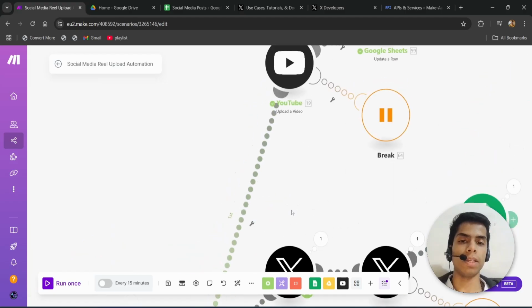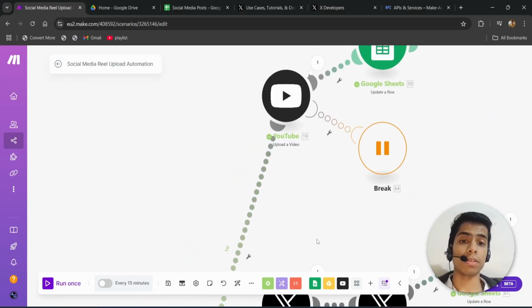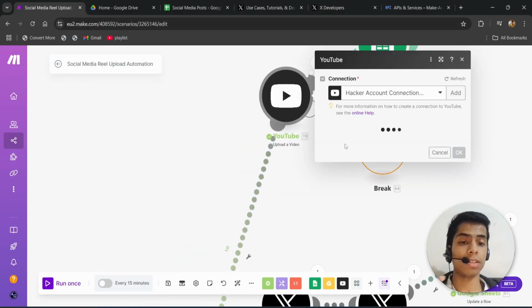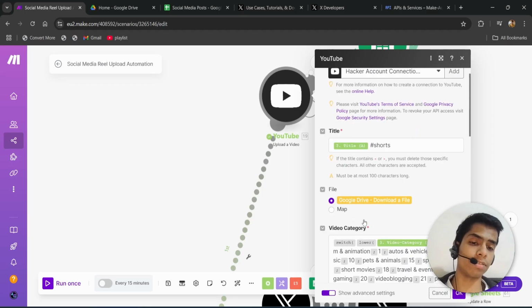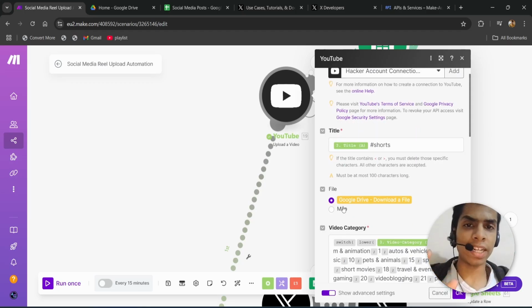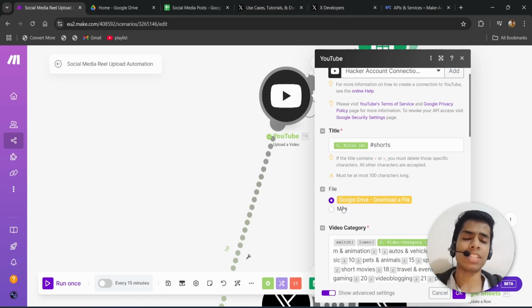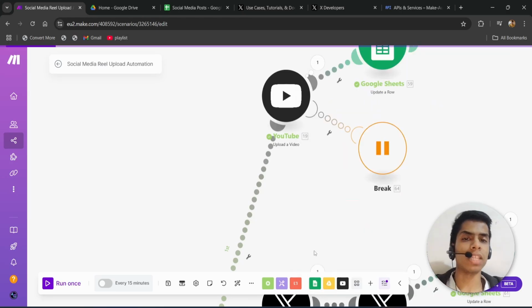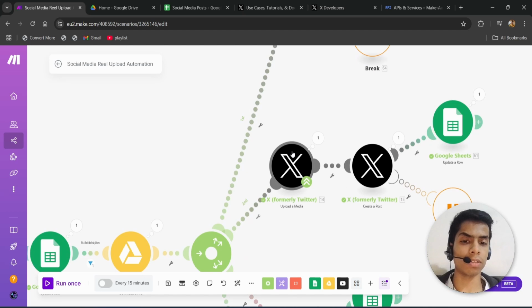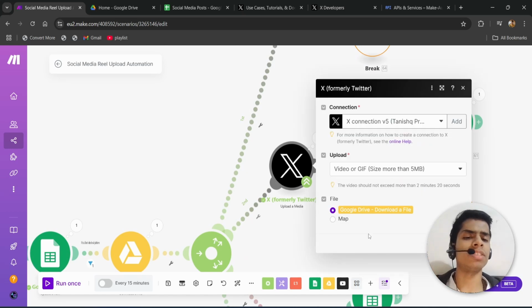Now as I'm showing you, YouTube is taking the whole file, that whole 50-60 MB of data. YouTube can take that instantly in their request. That's the very nice thing. You can just directly put 50-60 MB of data into the request. That's the best thing. And the same is there with Twitter. You can just directly provide the whole 50-60 MB or 100 MBs of data through the